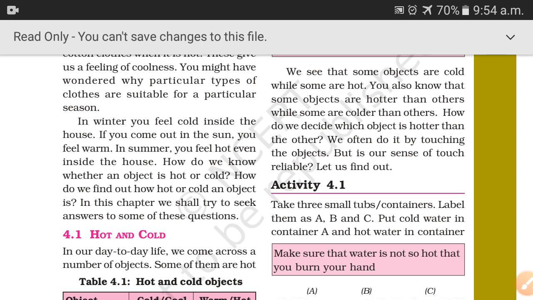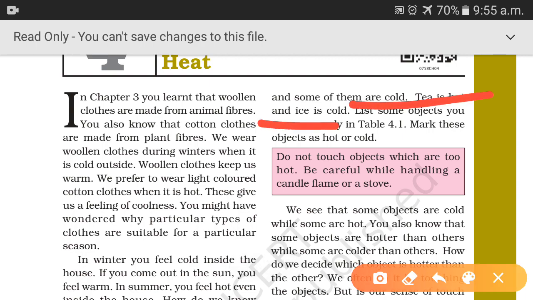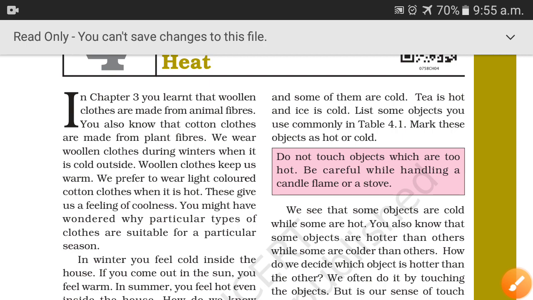Now students, we very often use the words hot and cold. It is quite a cold day today, or my tea or coffee is very hot, and the ice is cold. We often use these terms in our daily life. Water in this lake is ice cold, but how do we come to know whether something is hot or cold? Something feels hot when touched while other things feel cold. So our sense of touch tells us whether a thing is hot or cold. By touching we tell that the particular thing is hot or cold. But does it always give us accurate results?